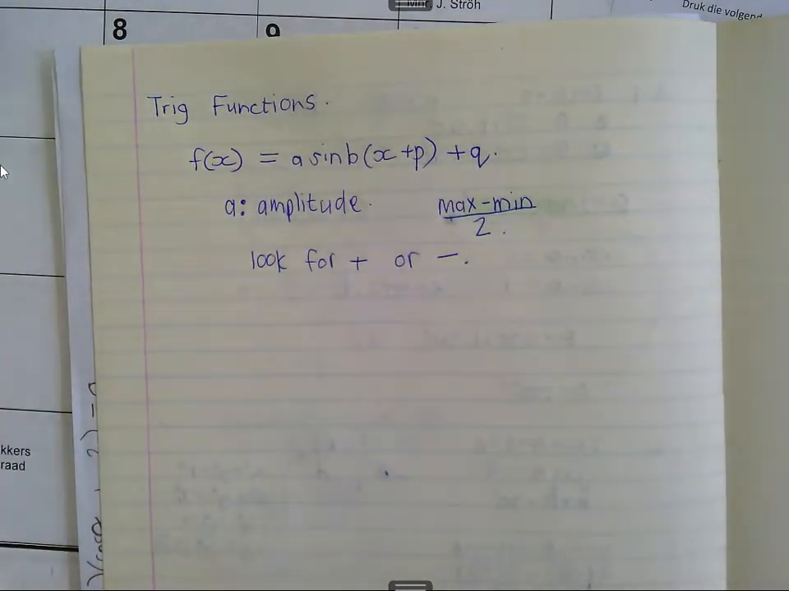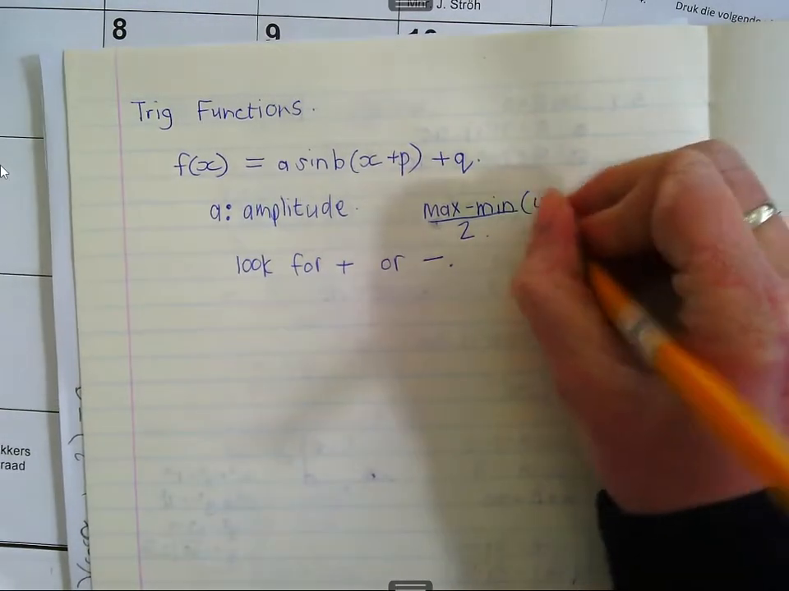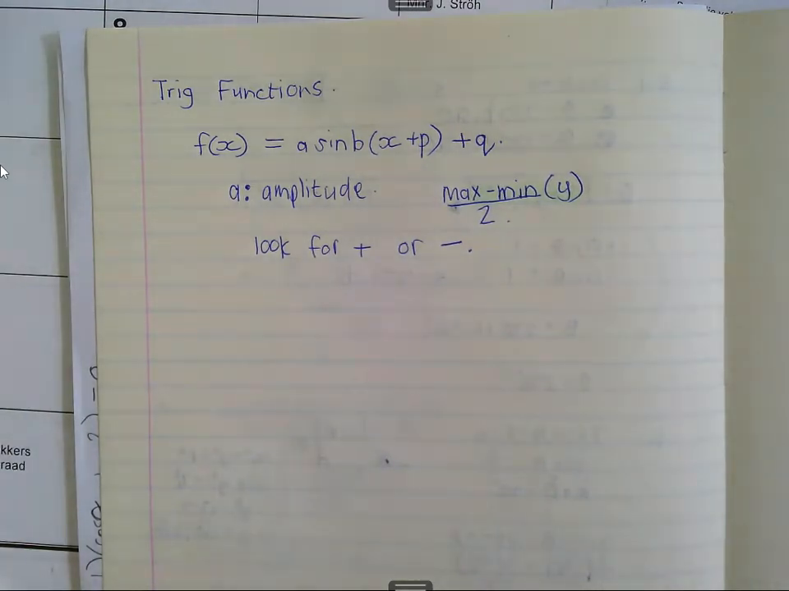To calculate the amplitude of a graph, you always take the maximum y value minus the minimum value, divided by 2. And then you look whether it's positive or negative. Now, in order for us to be able to know whether it's positive or negative,